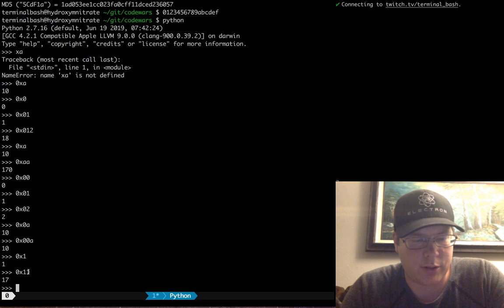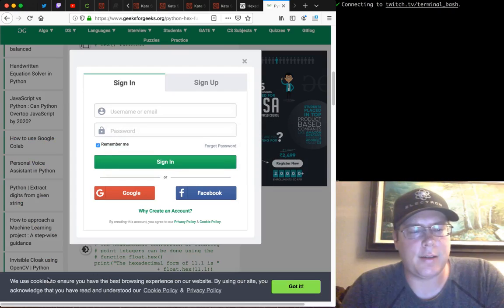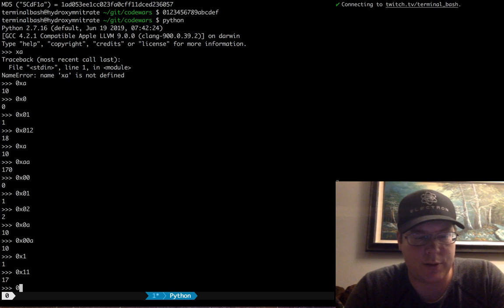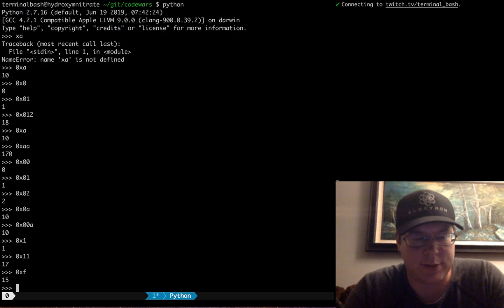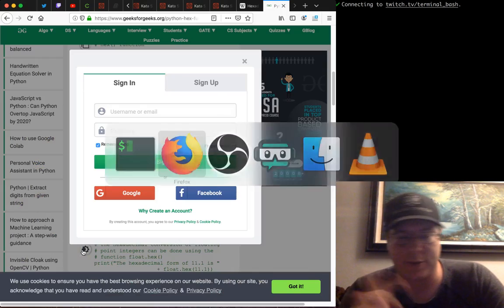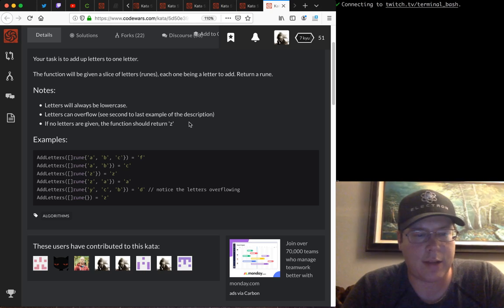I'm not sure how to explain that one, unfortunately. But anyway, you get the idea. So 0xF is 15, which makes it base 16 because 0x0 is 0, which is why it's off by 1. Okay, so now that that's out of the way,